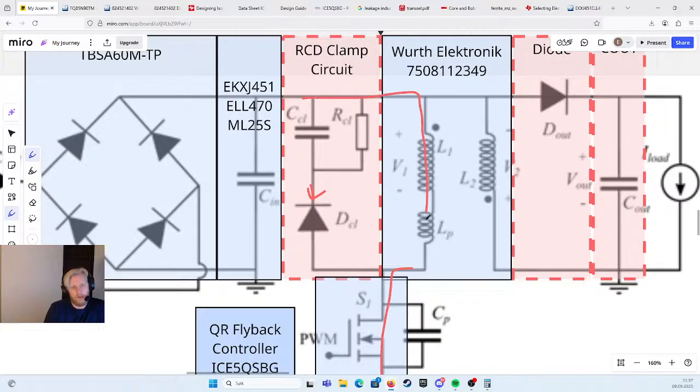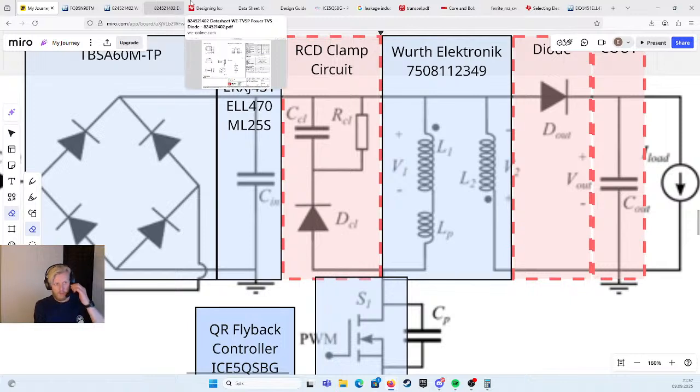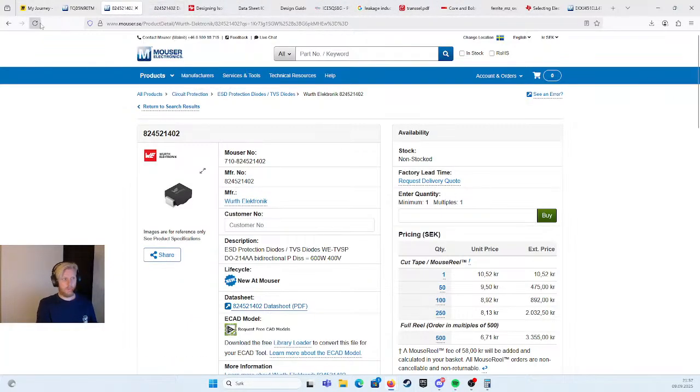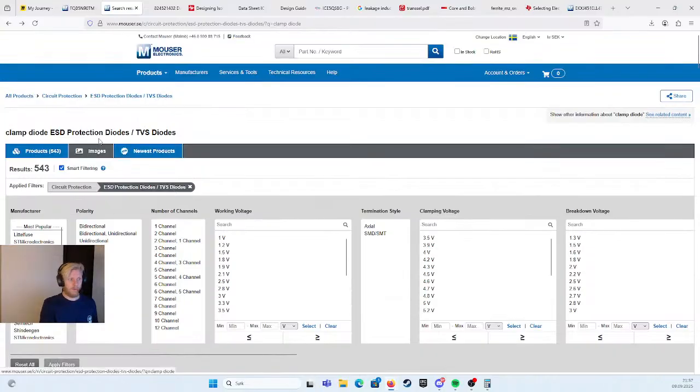The current goes this way, or this part of the circuit, because it blocks current. So we don't really have to deal with that. That part of the diode, we don't have to worry about it. Okay, but